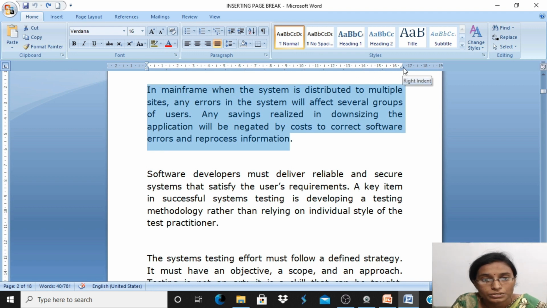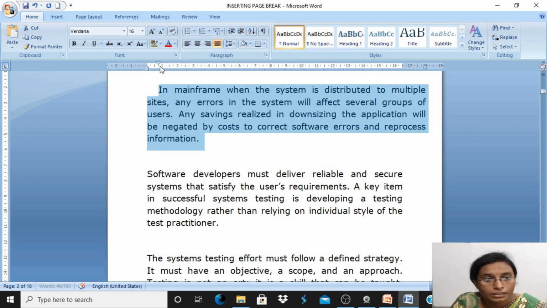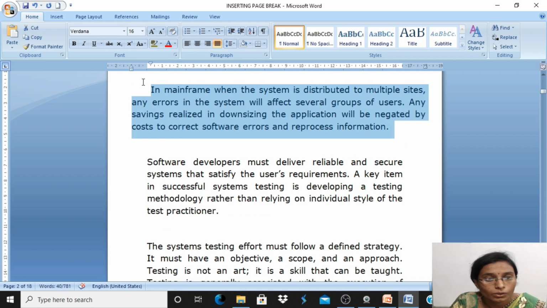So, let us see how to change the paragraph with the help of the indents. If I want to move the paragraph towards the right, I will just move the right indent. As you can see, the paragraph is moved. Now, if I want to apply the first line indent, I will select the first line indent here. Only the first line will be moved, the remaining 4 lines will be as they are. If I want to apply the hanging indent, I will just select the hanging indent and move. Leaving the first line, all the remaining 4 lines will be moved. Then the left indent: the entire paragraph will be moved towards the left. So, these are using the ruler bar.